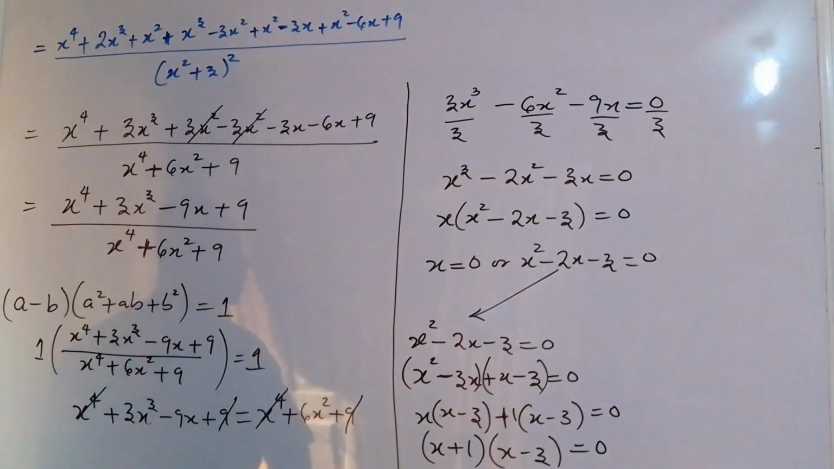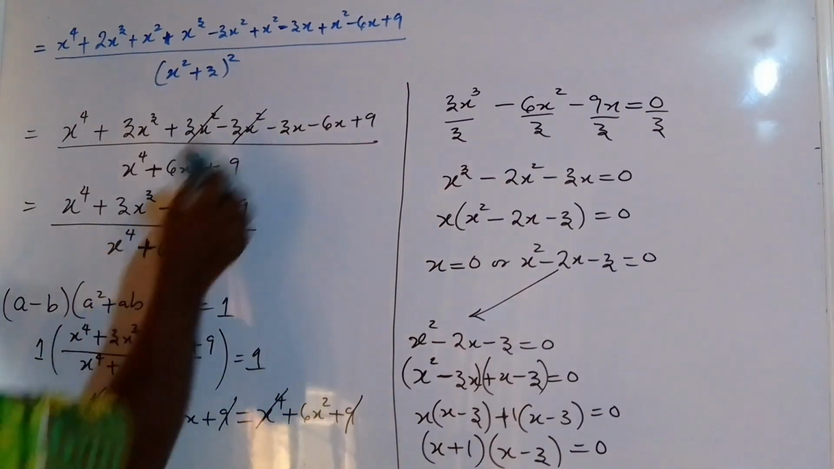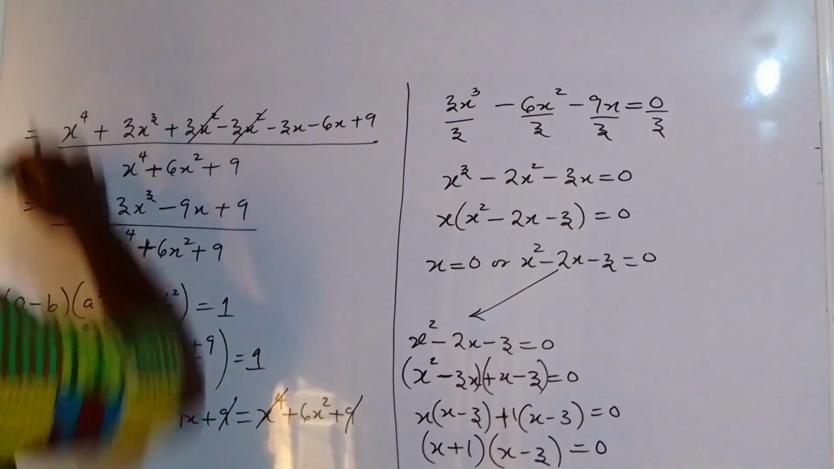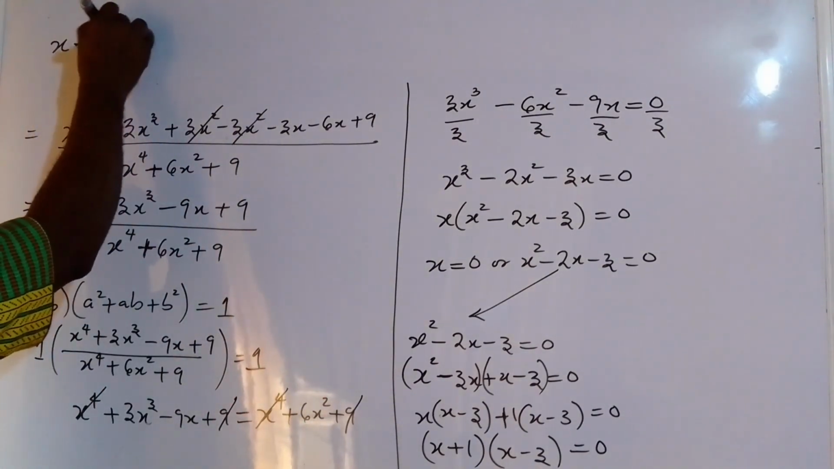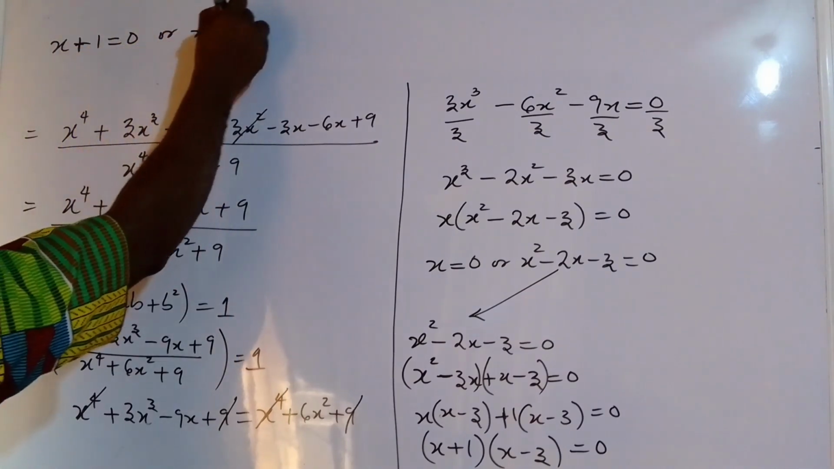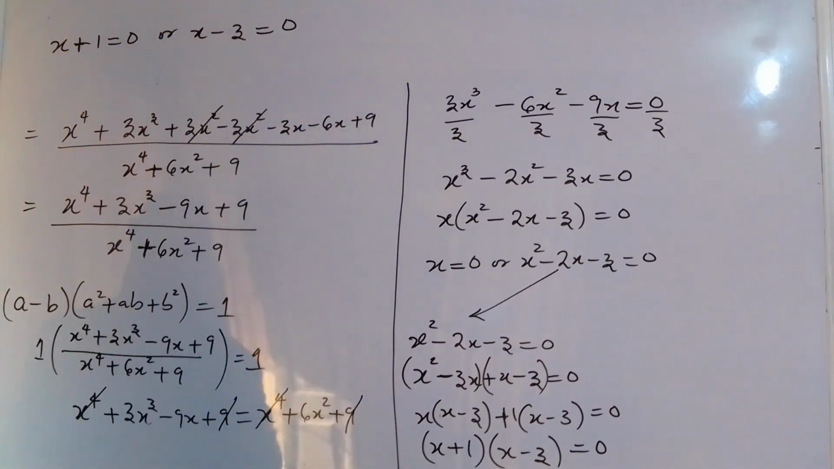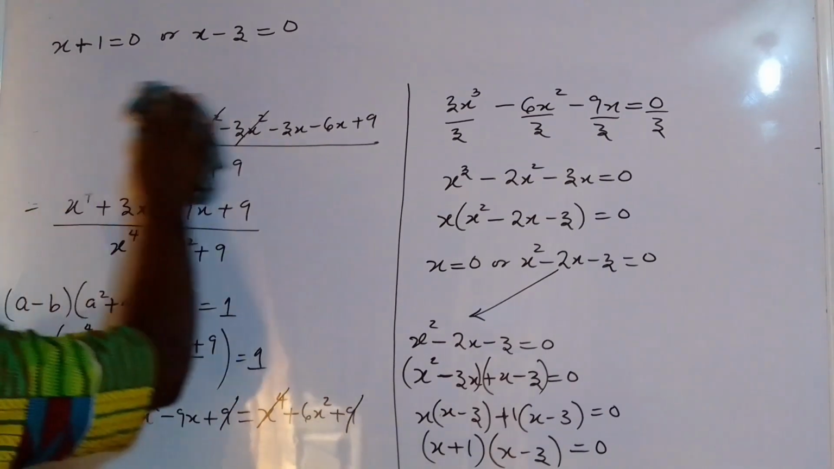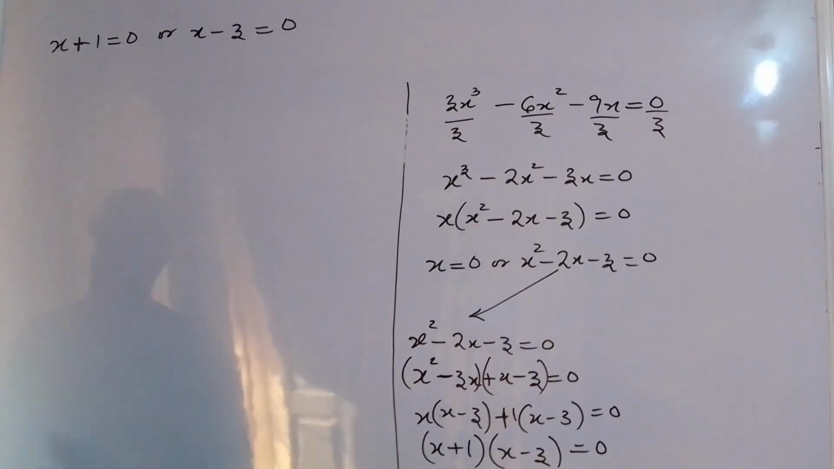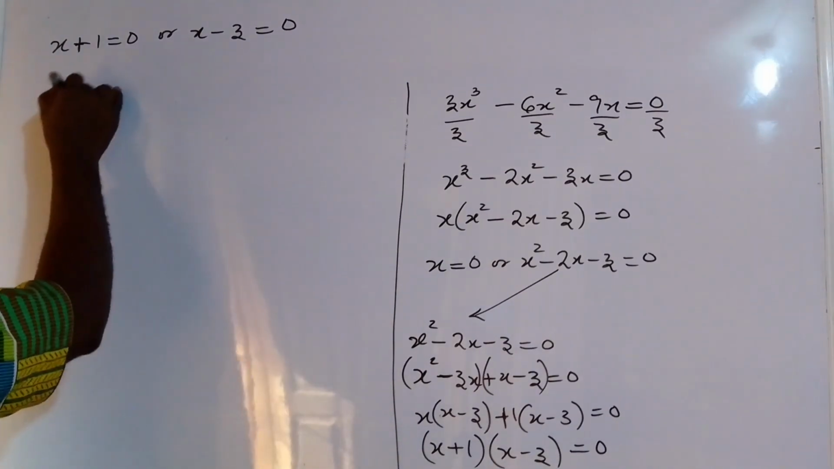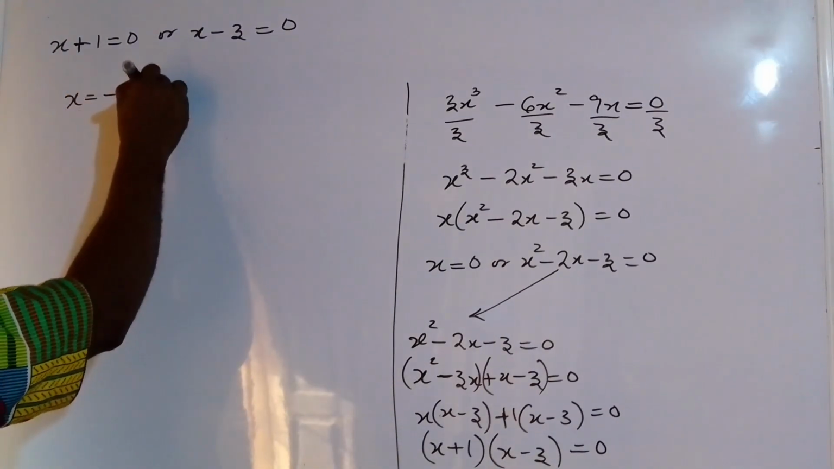So we are going to have here x plus 1 equal to 0 or x minus 3 equal to 0. So at the end of the day, we are going to be having 3 values for x. So x will be equal to minus 1 or x